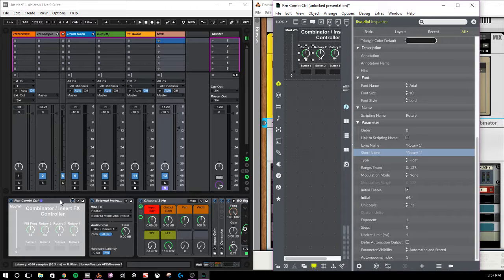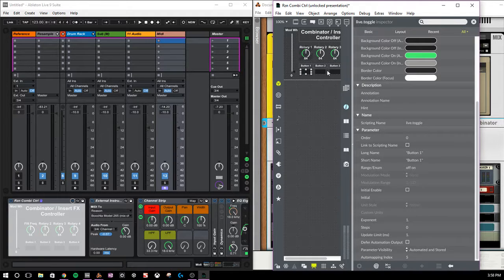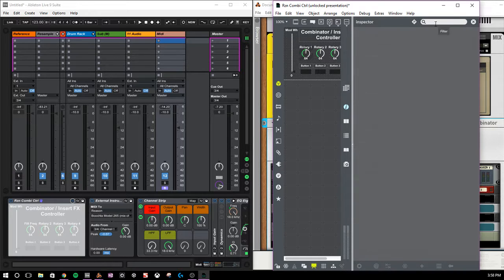But what's even better is that at the bottom here it says auto mapping index, and this is cool because it defines the order in which parameters are automatically associated to the controls on a control surface, like the Push or an APC40. So I've gone in and individually mapped, as I go through here, rotary 1 is number 1, 2 is 2, 3 is 3, and so on and so forth. But then button 1 is 5, button 2 is 6, button 3 is 7. And then if we look at my Push,